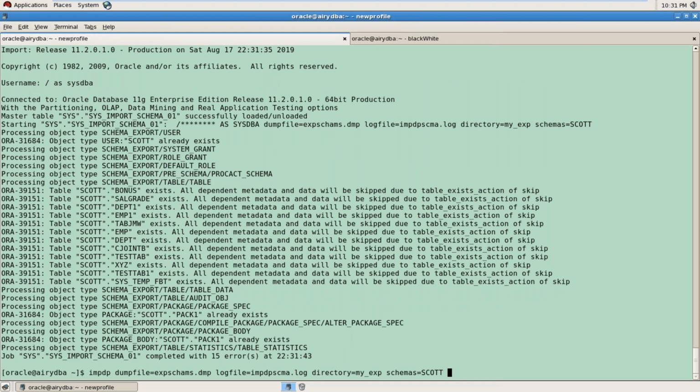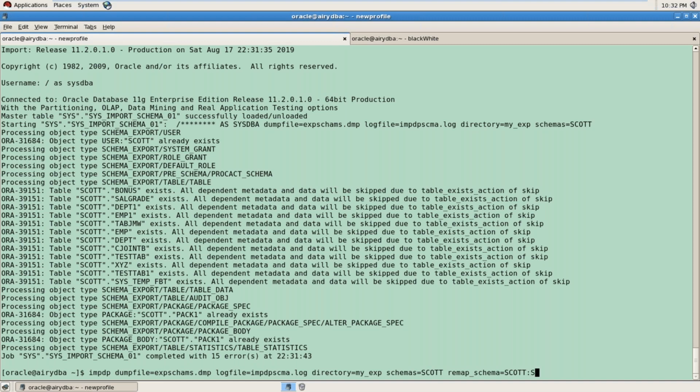So what is there? You can remap, means you can import that Scott user with any other name. So the command is remap_schema, right? And thereafter you have to give Scott